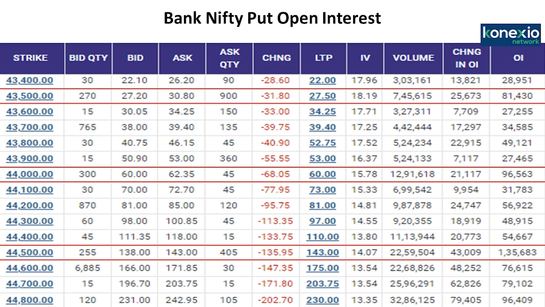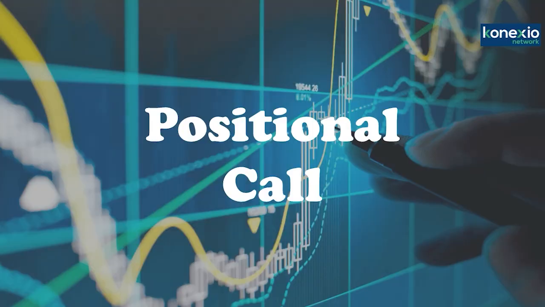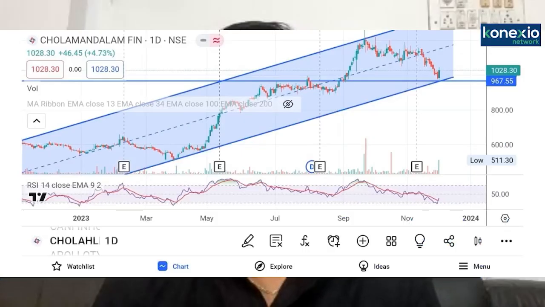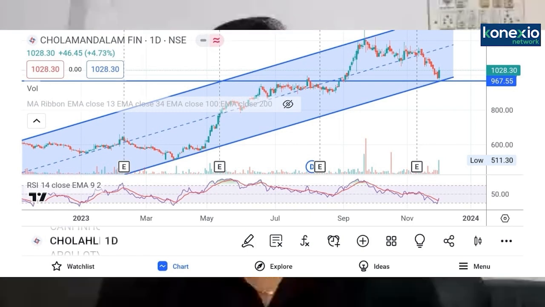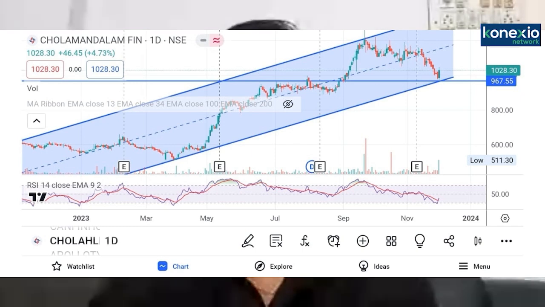So friends, now let us come to the final segment of our show, which is the positional call. I have identified one stock. The name of the stock is Cholamandalam Finance. You will see on the screen the daily chart of Cholamandalam Finance. You can clearly see the stock has been moving in a rising channel, making higher tops and higher bottoms. Currently, it has taken support around a strong support area. You can see a blue horizontal line, which prior to that was a major resistance area and has now become a support. From this area, on the daily chart, it has formed a bullish engulfing pattern